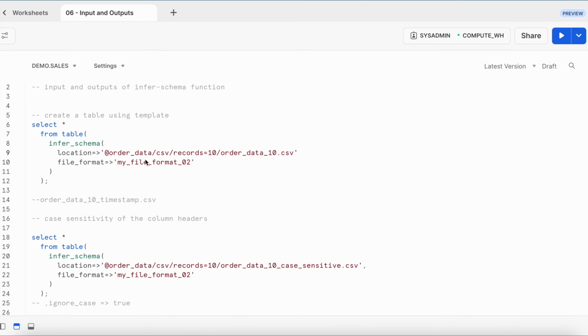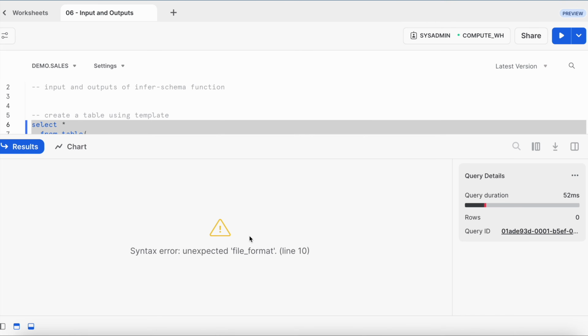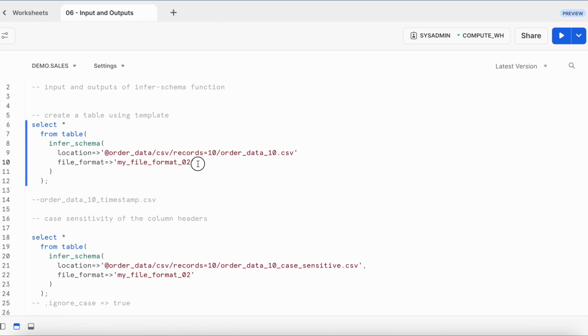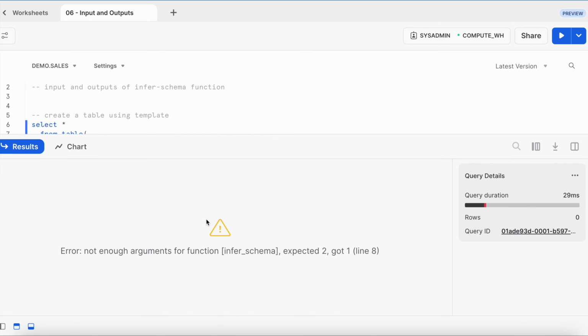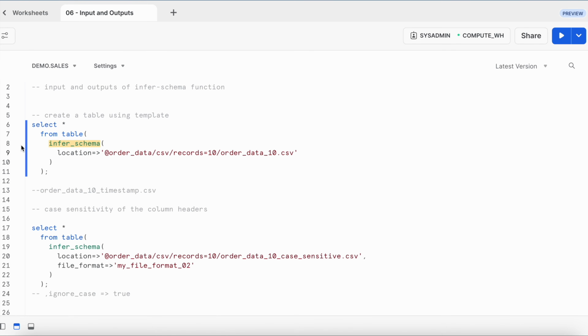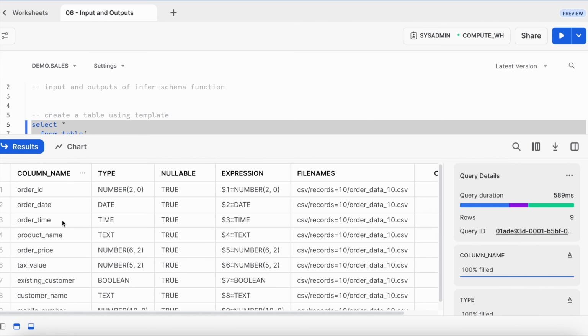If I remove the comma and try to execute this statement, it will end with an error. It says unexpected file format on line number 10. And if I do not give the file format, let's see how it behaves. It says not enough arguments, expected 2 but got 1. So the minimum number of arguments for infer schema is 2, which is a location as well as file format. Let me revert this. Now let me execute this statement once again, and this time I got a complete result